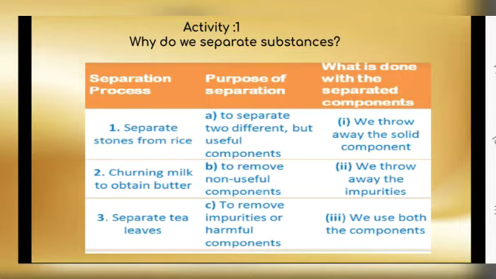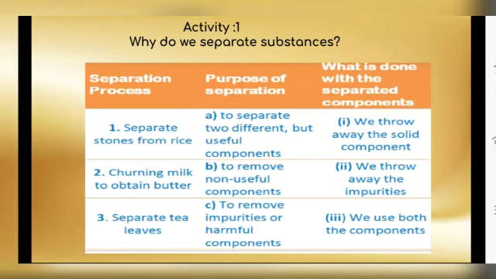Suppose you are given a basket containing mangoes and guavas and asked to separate them. What would you do? Pick out one kind and place them in a separate container, right? Seems easy, but what if the materials we want to separate are much smaller than mango or guava? Imagine you are given a glass of sand with salt mixed in it. How can you separate them? But why would we need to separate substances like this at all? Let's do an activity to find the answer.